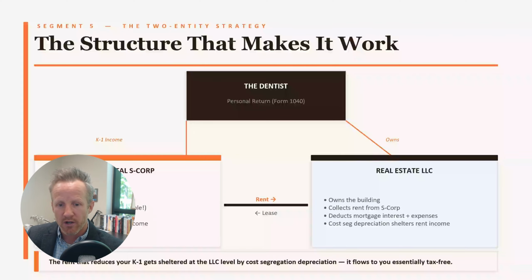Now, this is where you really get the benefit: you do a cost segregation analysis and you pump up the depreciation. You front load that depreciation such that 100% of that $100,000 of rental income gets reduced down to zero and even creates that loss I talked about. That's the strategy there. All right, let's look at